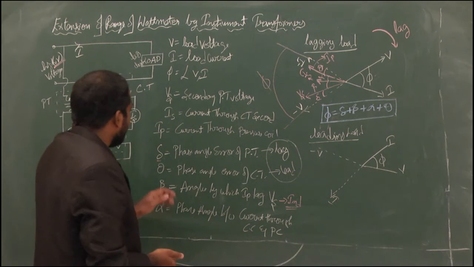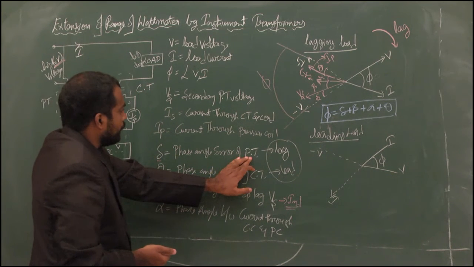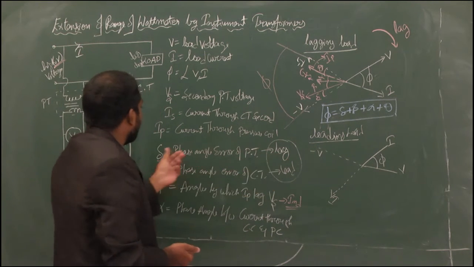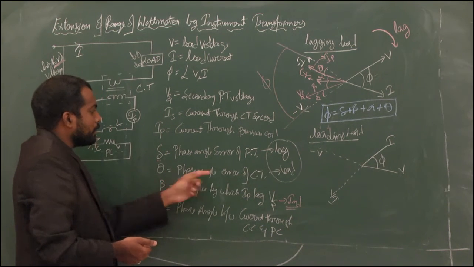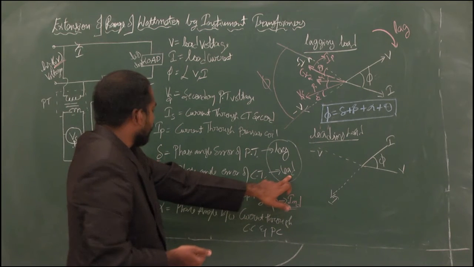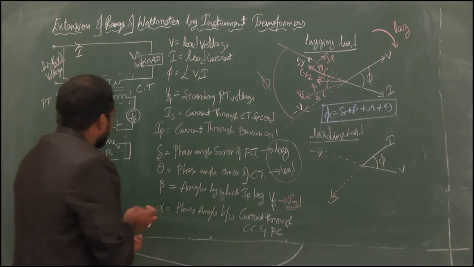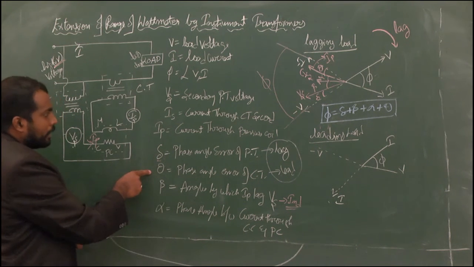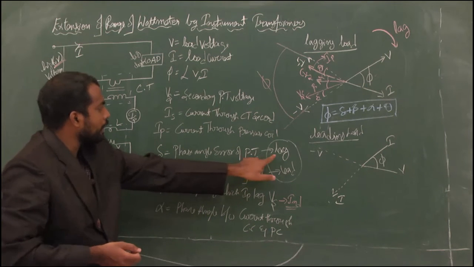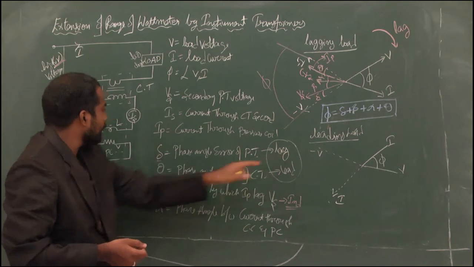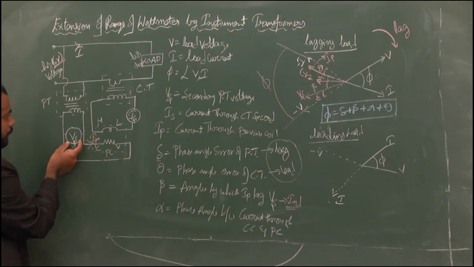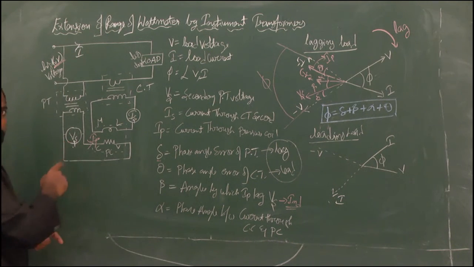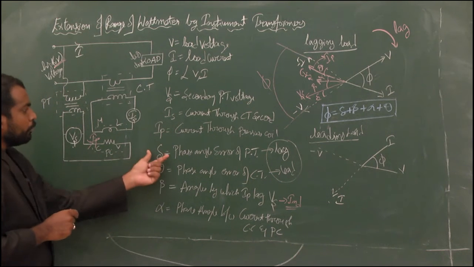And as I have already said, the phase angle error caused by the potential transformer is lagging by an angle of del, and the phase angle error caused by the current transformer is leading the actual current by an angle of theta. That means in this case, we will again have phase angle error due to potential transformer and current transformer. But in the potential transformer, the voltage lags the actual voltage. That means this voltage Vs is lagging the actual voltage V due to phase angle error.